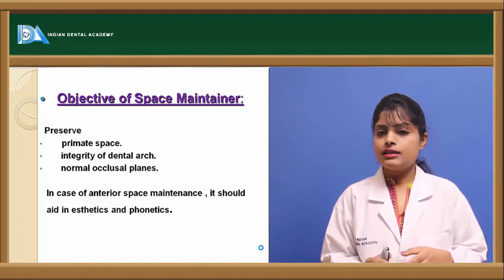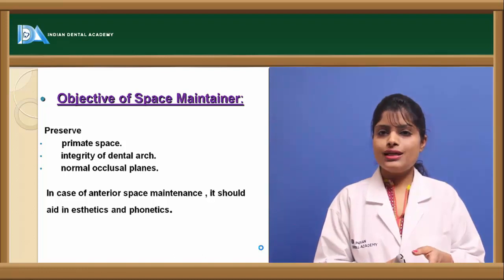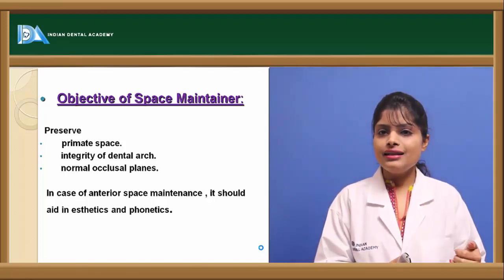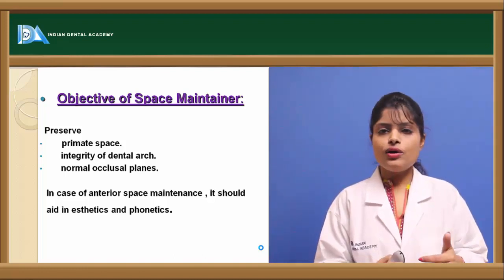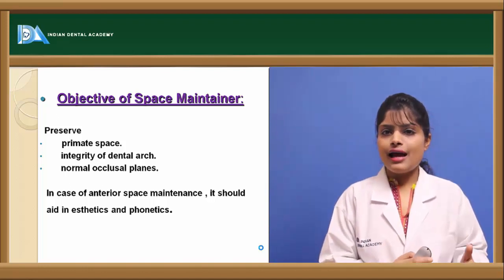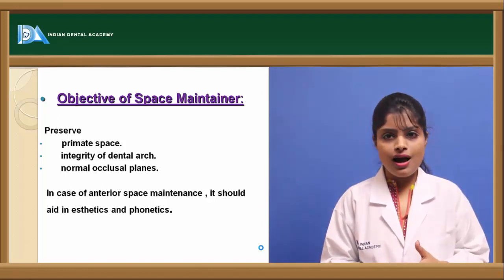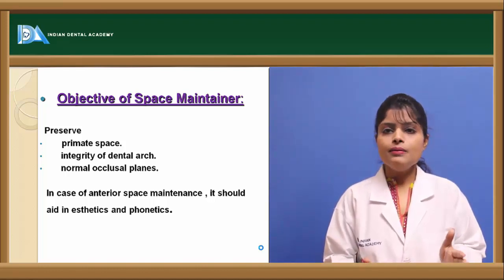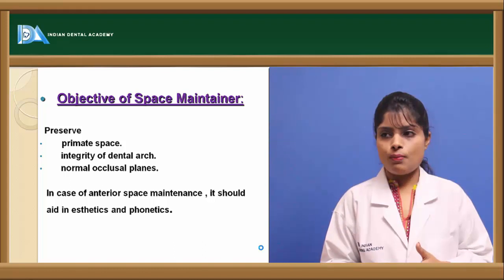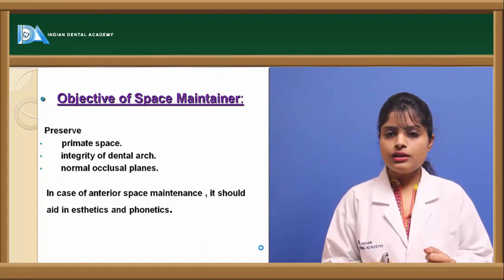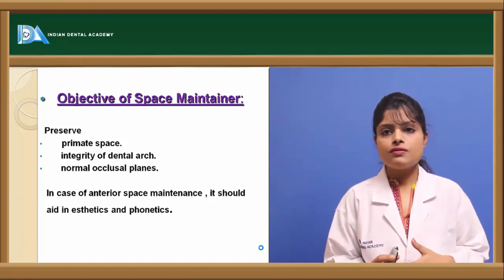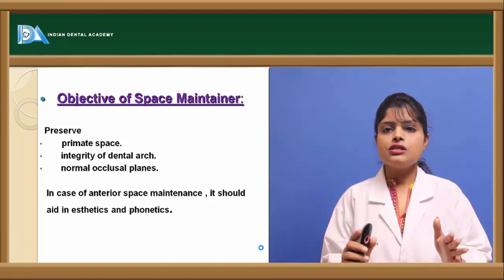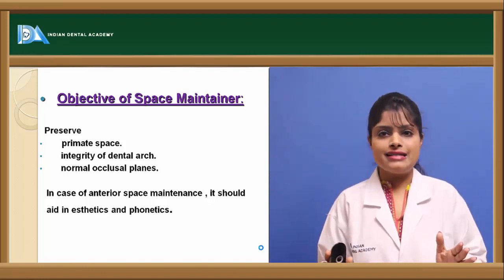For example, the space which is present between the lateral incisor and the canine in the maxillary arch, and the canine and the first molar in the mandibular arch, because these spaces are further utilized by the permanent teeth to erupt in proper position. So, the space maintainer preserves the normal physiological spaces which are present in the dental arches